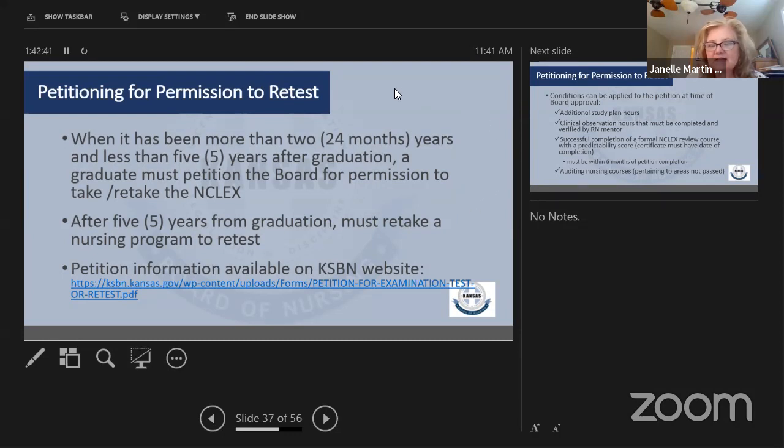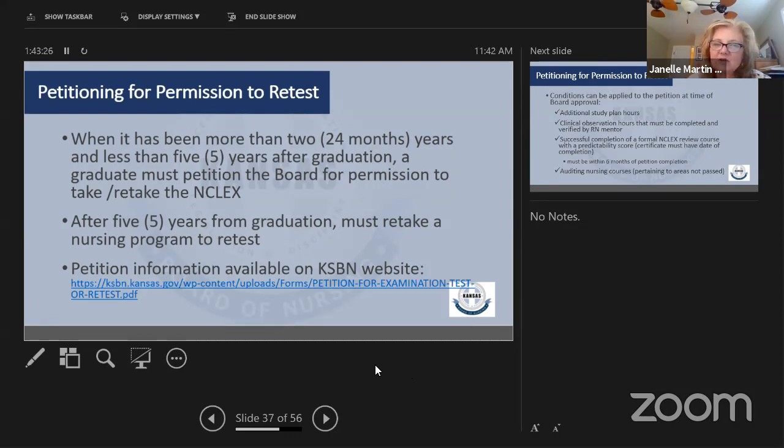So I just like to mention it to you all. We know we want all of our graduates to pass, but in terms of what they're learning about the Nurse Practice Act, they need to understand what the rules are for licensing. It's not our fault when they get to 25 months and they missed it, that we're not going to grant an extension. I get all sorts of questions of why can't we just grant them an extension? It's only been 10 days, but actually it's been 24 months and 10 days. So I always go back to it's in regulation. That's not the board. It's not my job. I cannot change that. That's a regulatory requirement.